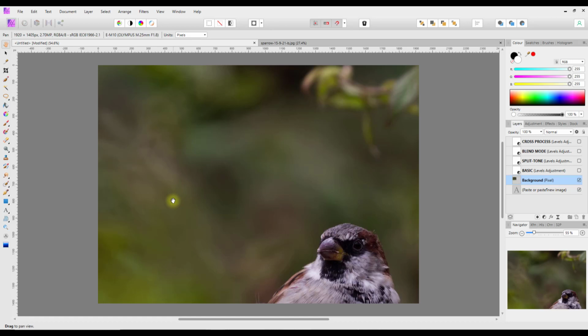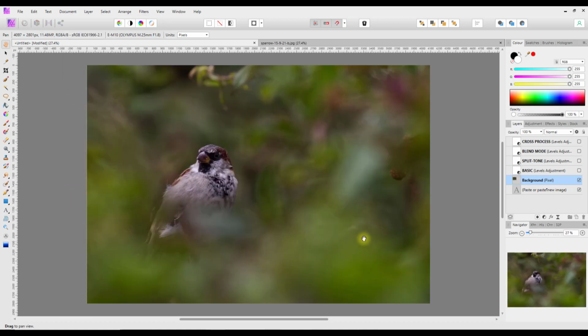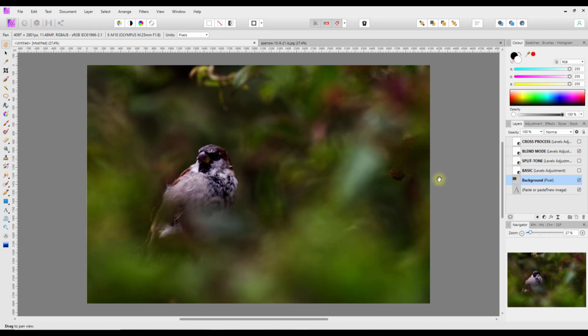edit and paste. Now obviously the document size is probably a lot smaller than the images you might be bringing in, but all you need to do is come up to document and click fit to canvas, and that will make the canvas the size of the image. And then all you've got to do is turn on whichever one of these you might want to try out, see which one works, and if one of the settings is too much, like for example this blend mode one on this particular picture is a bit too dark,